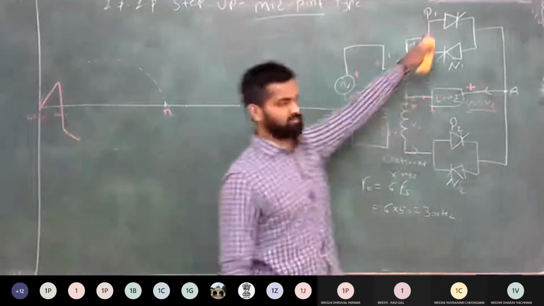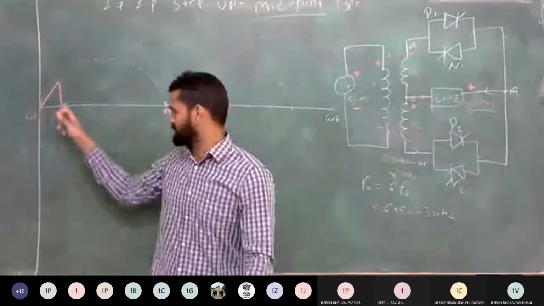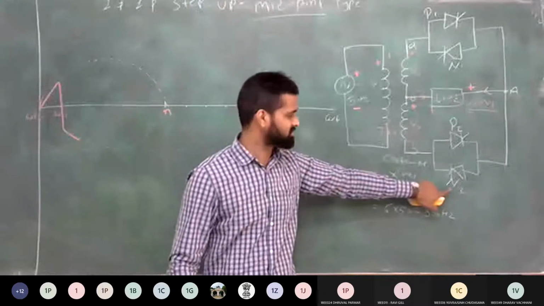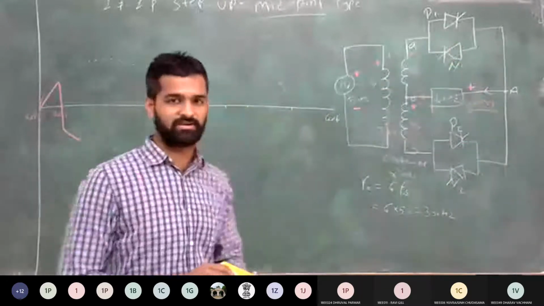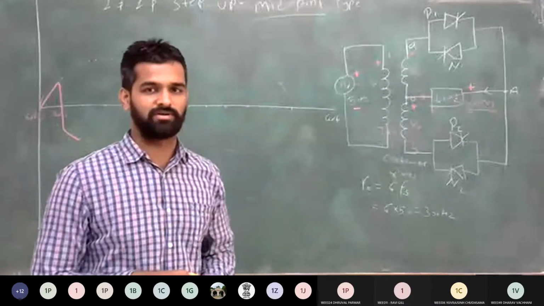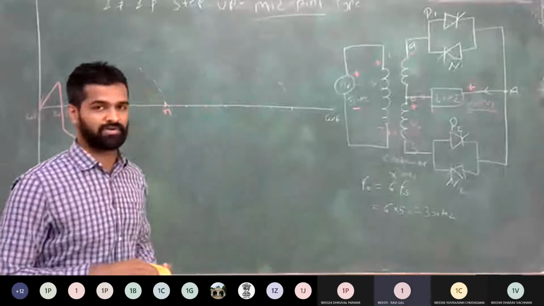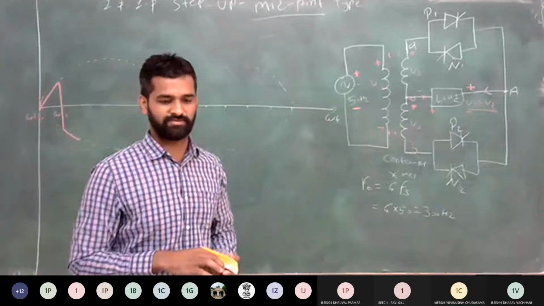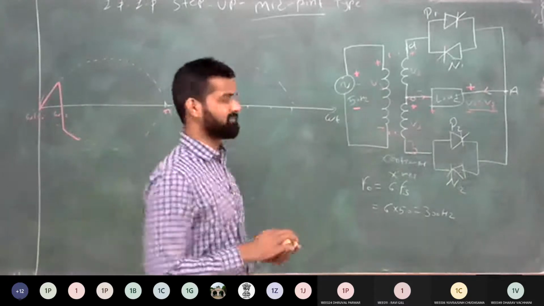So now tell me, here at omega t1, already P1 is in conduction mode, between 0 to omega t1. Now at omega t1, when you turn on N2 by providing the gate pulse, what happens to P1? Does P1 remain in continuous conduction, or do you require force commutation, or is it naturally commutated? Yes, it is required the force commutation.